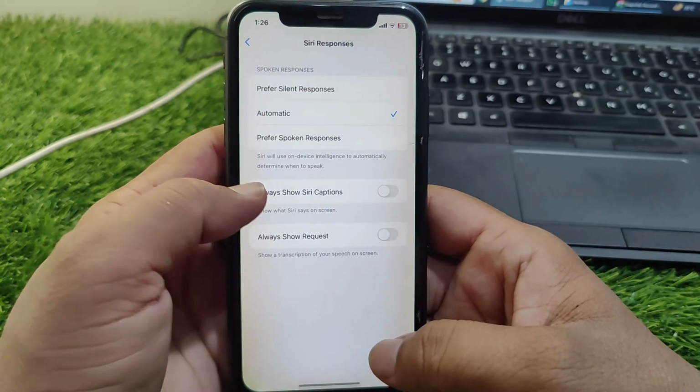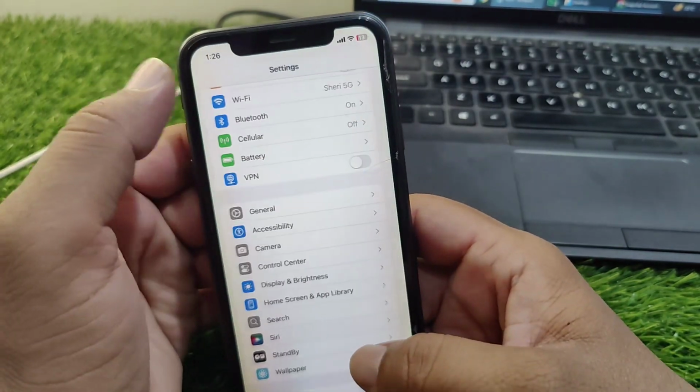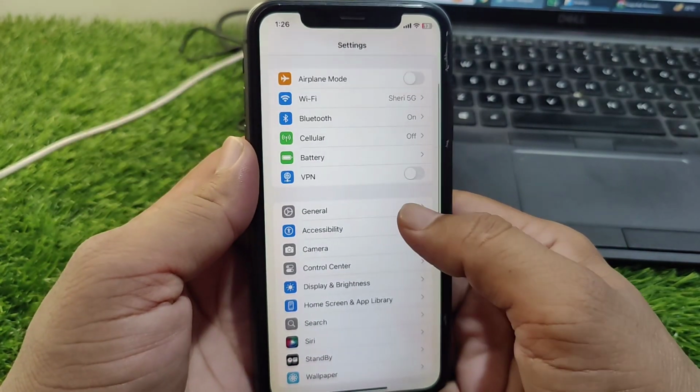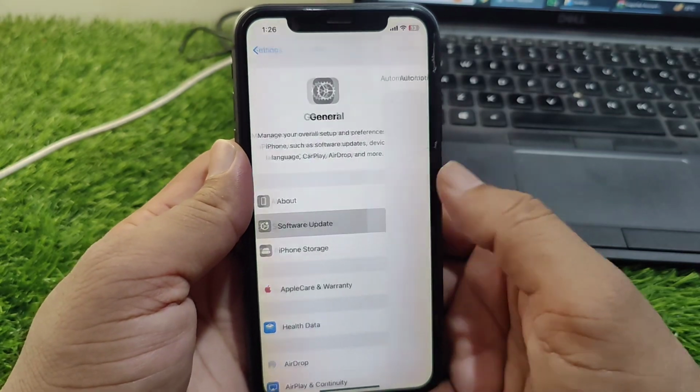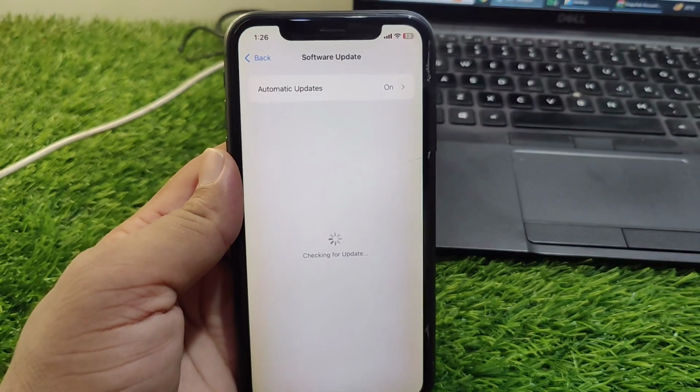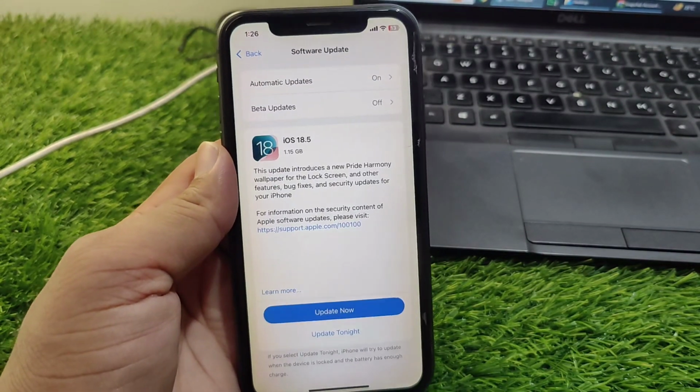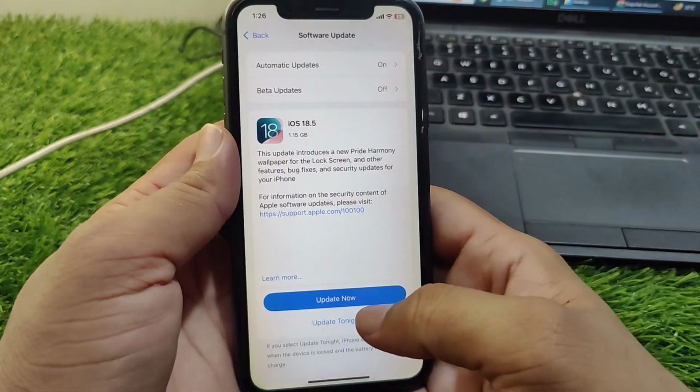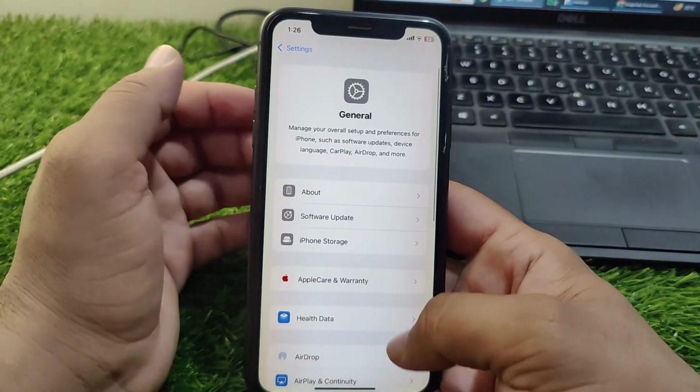So guys, first of all, open settings on your device, and then you have to go to the general section and now tap on software update and update your software to the latest version. So guys, if there is any update available for you like this, simply update it, and after this go back